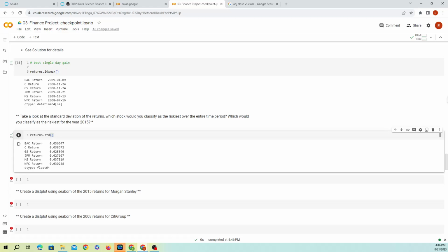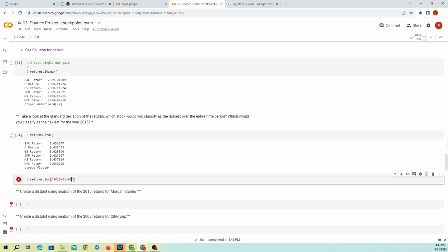So we're gonna say 2015-01-01, giving the actual index value, and we're gonna go all the way to 2015-12-31, so this is a slicing.